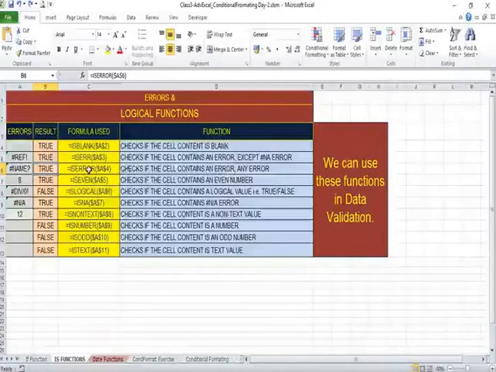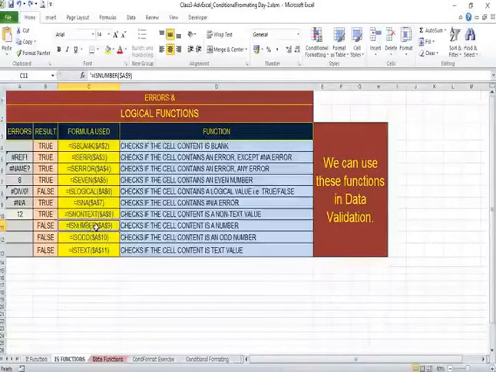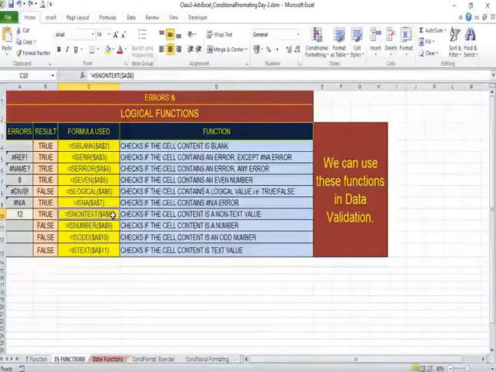ISEVEN will check if the cell value is an even number. Similarly, you have got ISODD, which checks if the cell value is an odd number. ISNUMBER checks if the cell value is a number, not a text. ISNONTEXT will check if the cell value is a non-text, not a text.